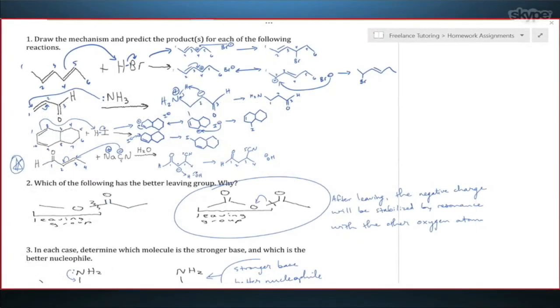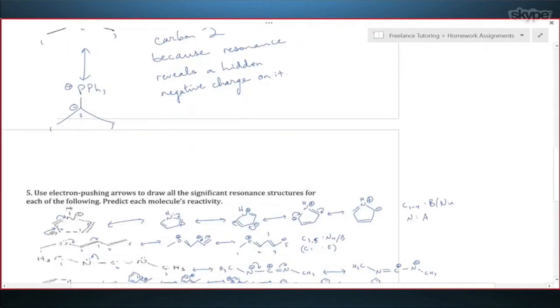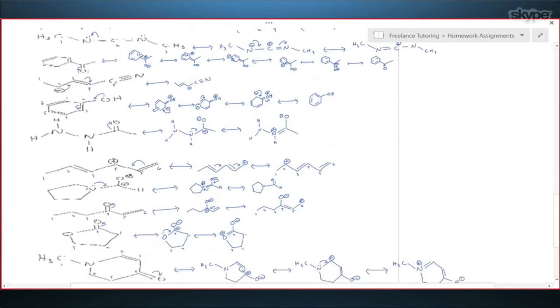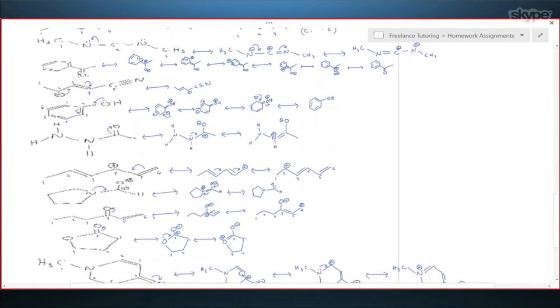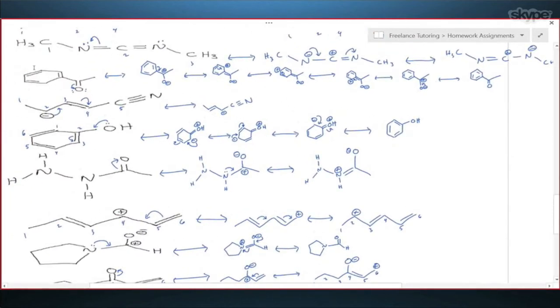Now, there were some more questions on that set that you hadn't done before, so let's just take a look at those, if you've had a chance to do those now. Okay. Yeah, I think you'll have to go pretty close to the start. I think right here is where we were left off, with that benzene ring and